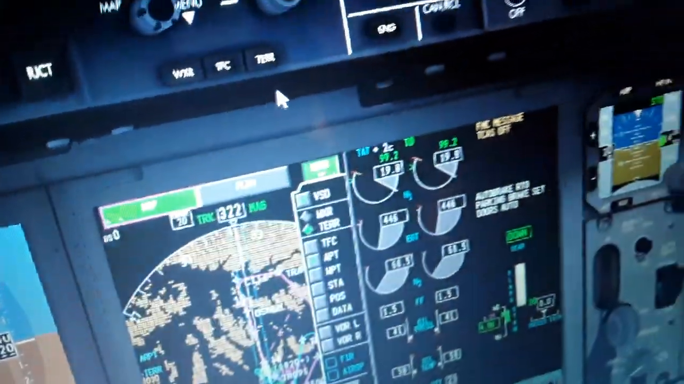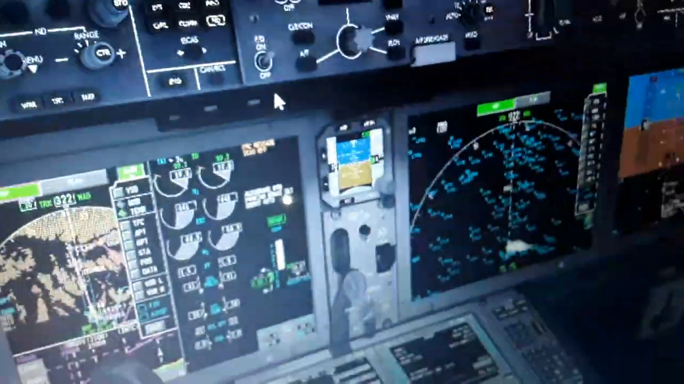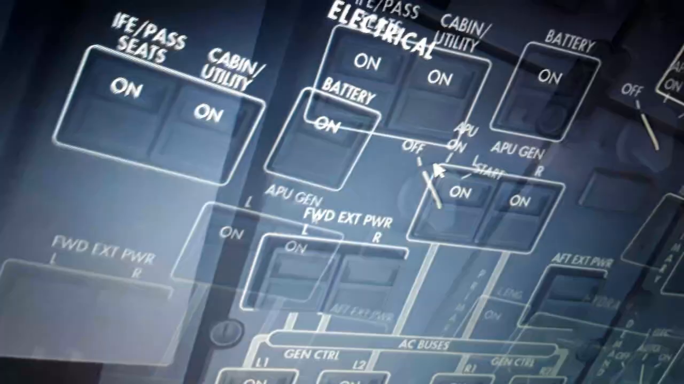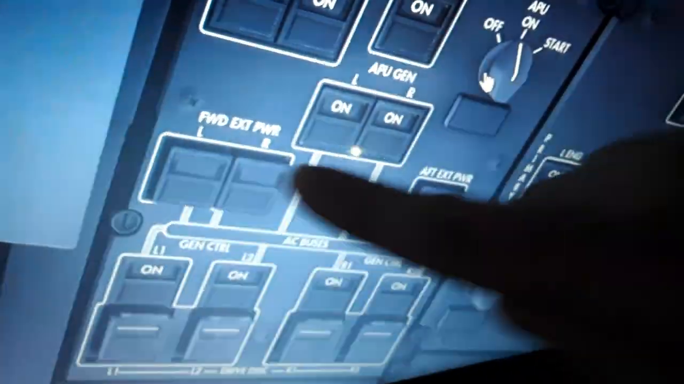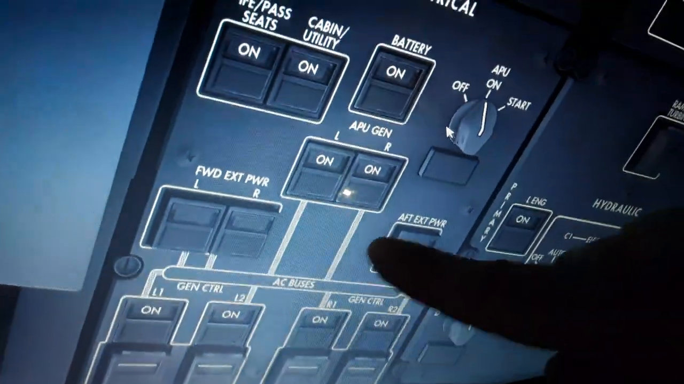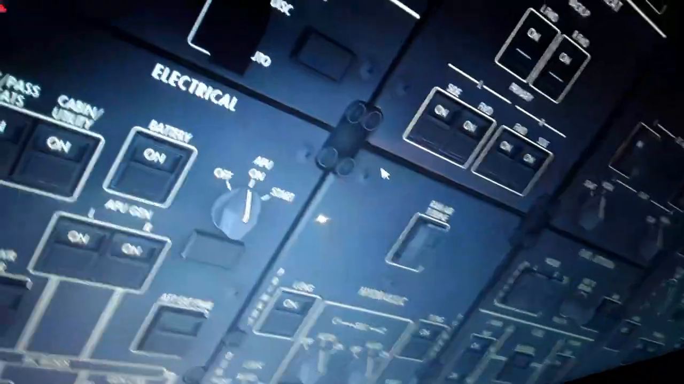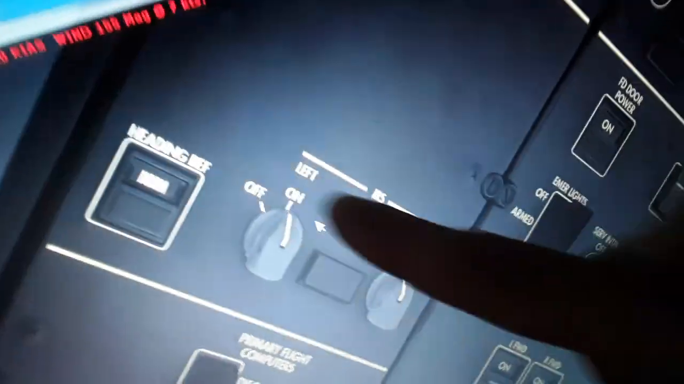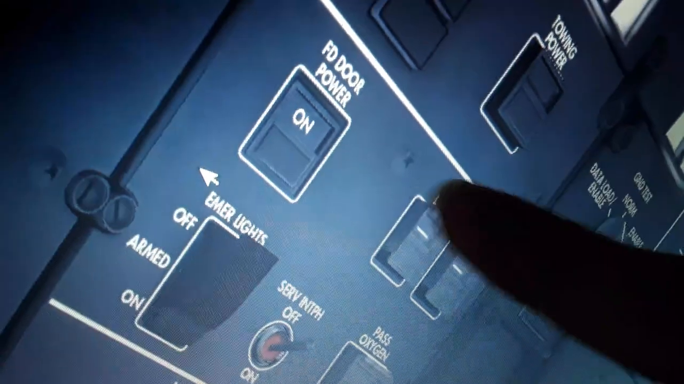So we set it back here. We need to set up over here the APU to start the engines. So we have the left and the right IDZ, 120 to 200 volts, 400 Hz frequency, 120,000 kilovolts of batteries, primary flight control computers in the auto position, heading reference, IRS over here, flight control surfaces, battery, towing power,